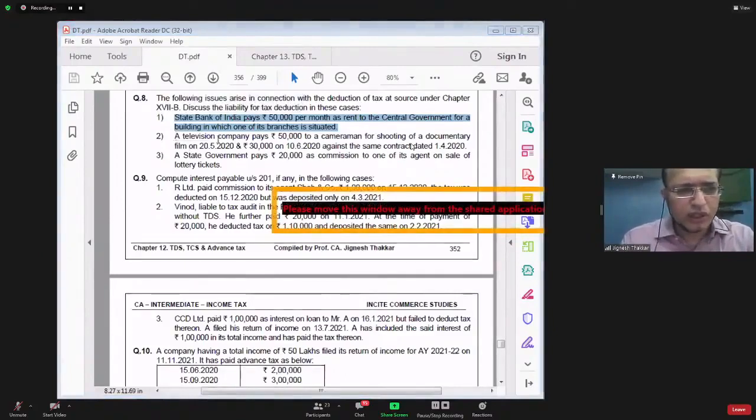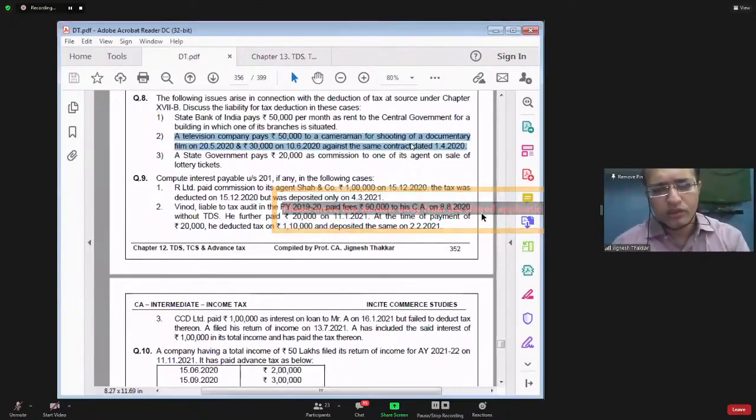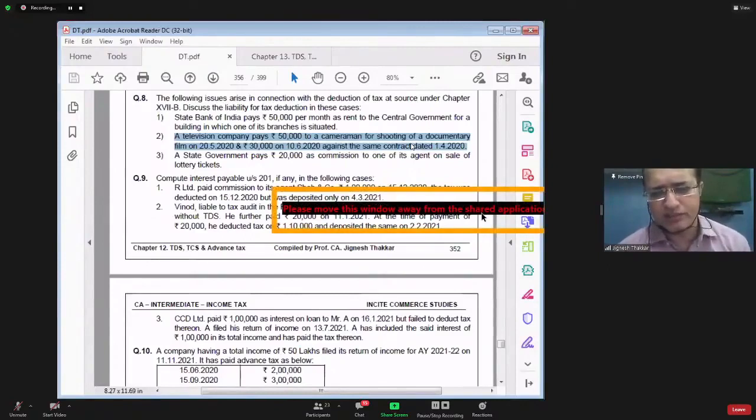Point number 2. A television company pays 50,000 to a cameraman for shooting of documentary film on 20th May 20 and pays 30,000 on 10th June 20 against the same contract dated 1st April 20. Yes, fees paid to cameraman is called as technical services. This is covered by section 194J. In 194J, TDS is required to be deducted at the rate of 10%. COVID special it is 7.5%,